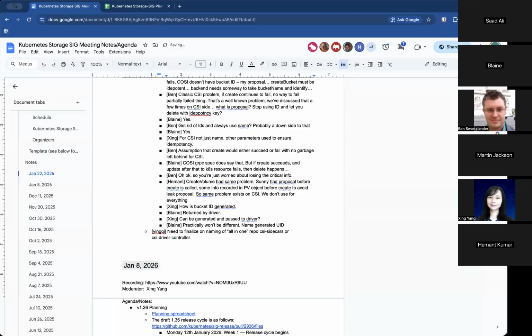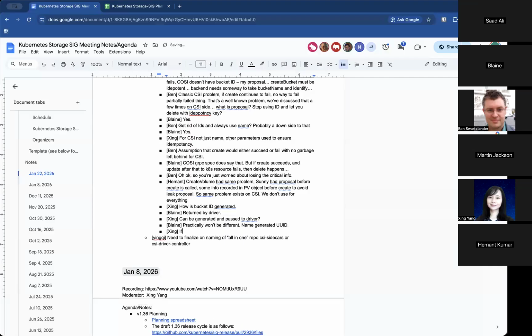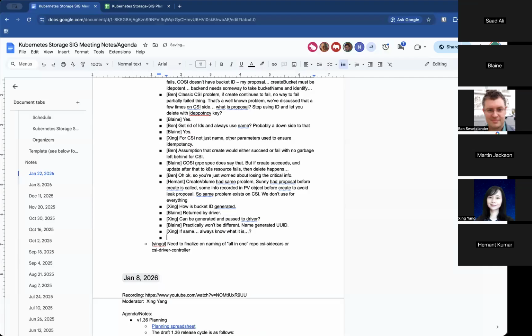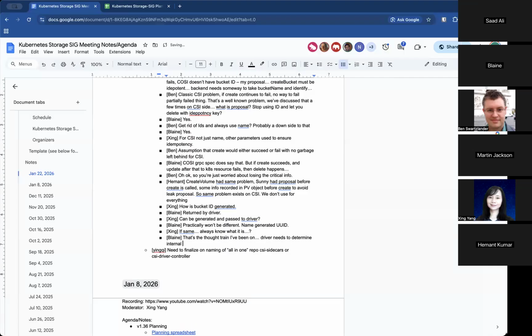So if they are the same, then you always know what that is. That's the train of thought I have been on: because that creation operation needs to be idempotent, the driver, in at least one context, needs to be able to determine its internal resource name based on the idempotency key. And it seems reasonable to me to just expect the driver to do that every time.